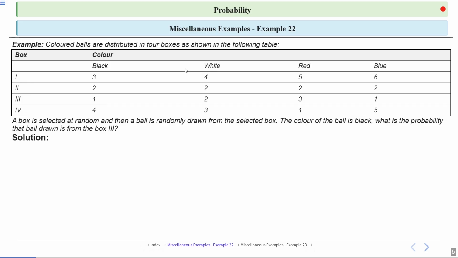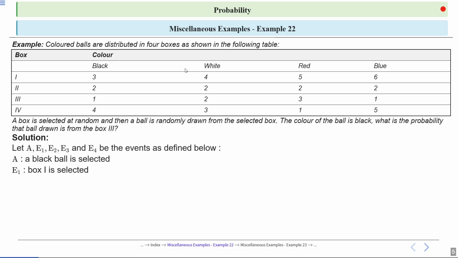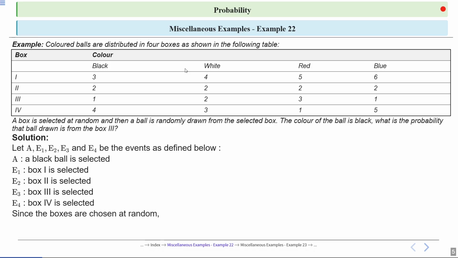So let's start the solution step by step. First, let A, E1, E2, E3 and E4 be the events as defined below. The event A represents a black ball is selected. E1 represents box 1 is selected. E2 represents box 2 is selected. E3 represents box 3 is selected. E4 represents the event box 4 is selected. Since the boxes are chosen at random,